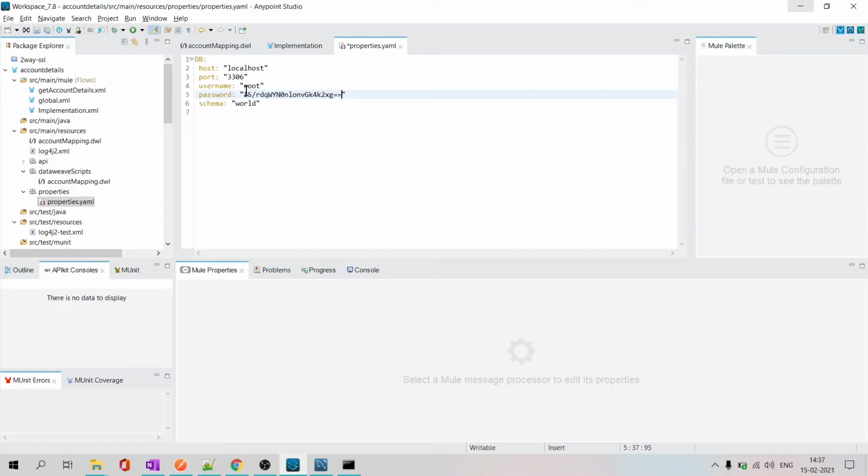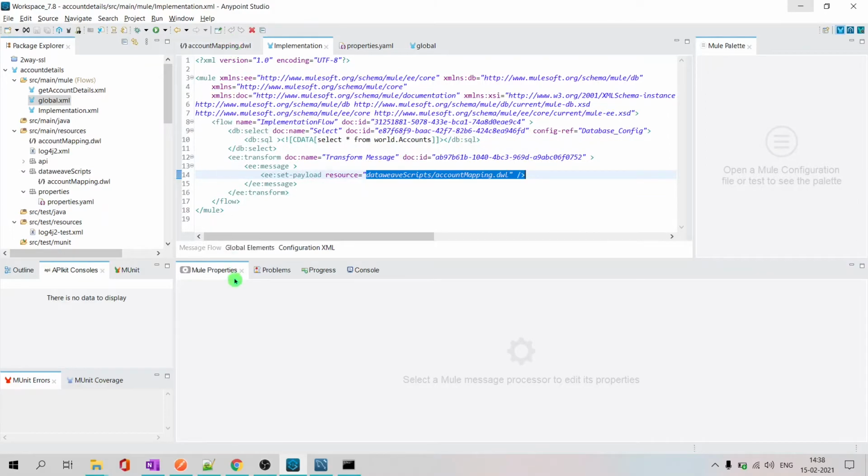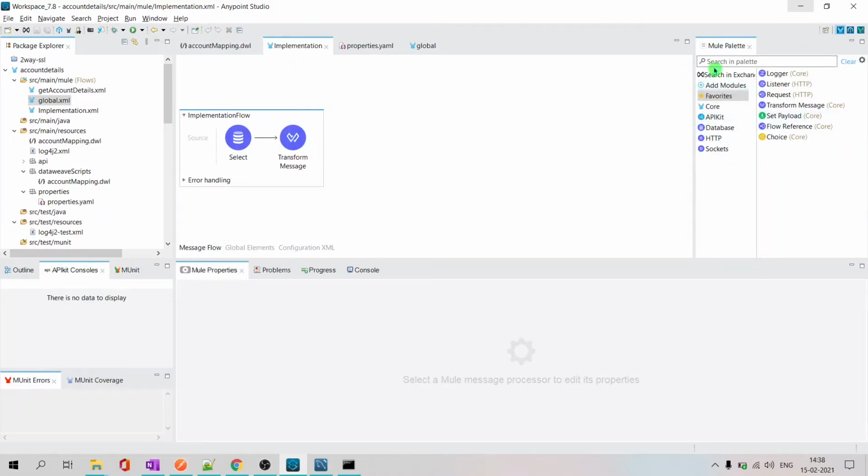Now, we should also tell this property file that it is an encrypted password. To tell that, the syntax is an exclamation mark with the value in square brackets. So this tells the property file that it's an encrypted password, and it should be decrypted in real time, at runtime. So part 1 is done, encryption. Part 2 is to inform the flow. Now we have to tell our flow that we are going to use encrypted properties. So we should be decrypting those, right?